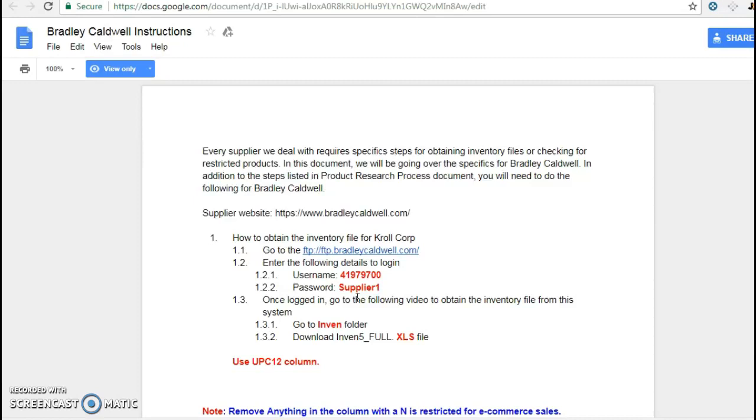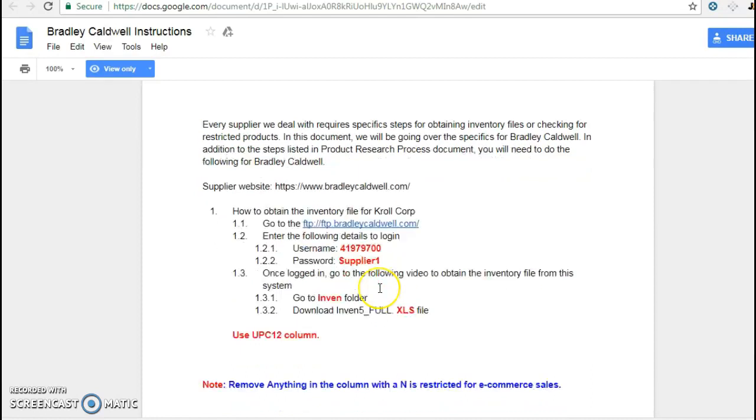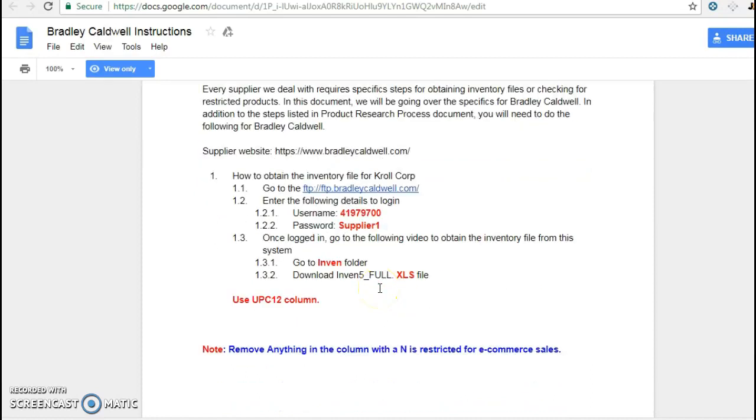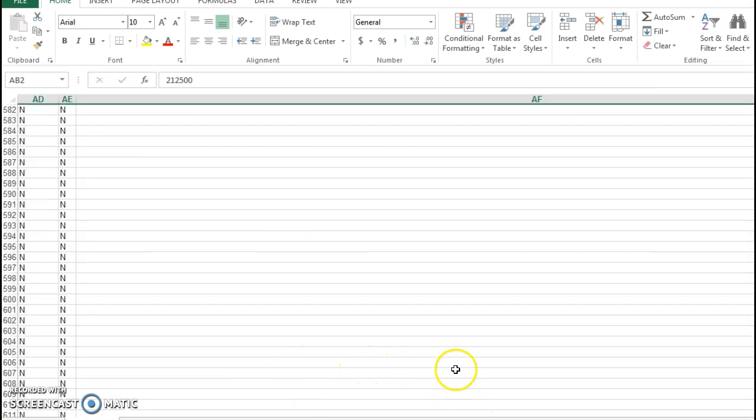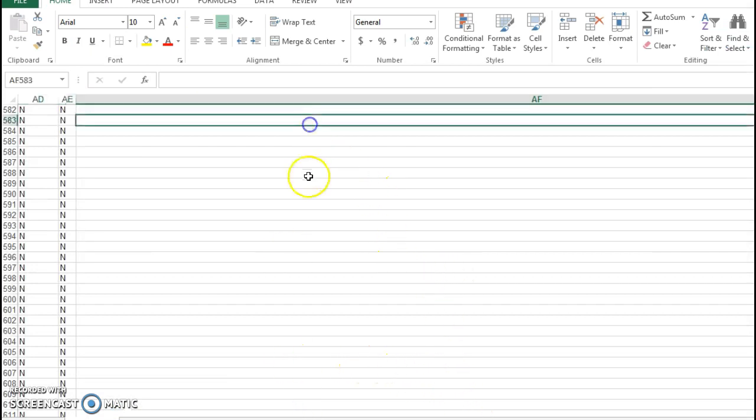Bradley Caldwell, a new supplier, and here's the detail and instruction, and we did as per your instruction and downloaded the Invent 5 full Excel file. And when we got the file and looked at it, we see this file